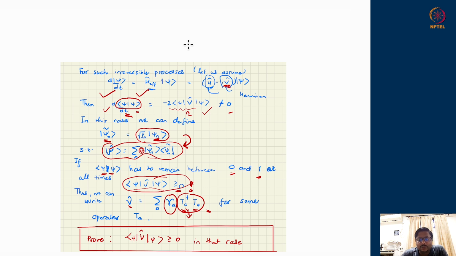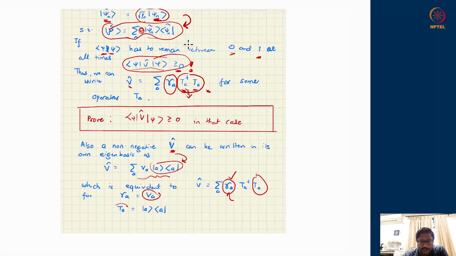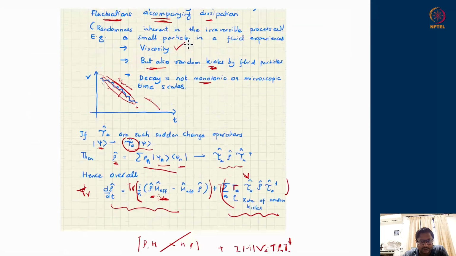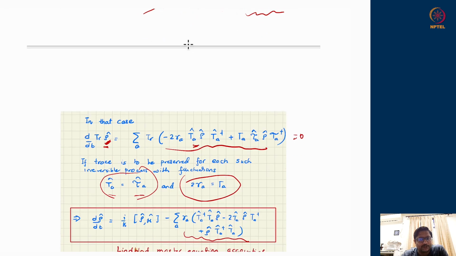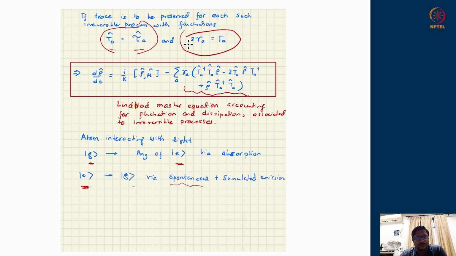So how to do this analysis, whatever we have done for non-relativistic quantum systems, and take it to the relativistic setting is the next topic which we will discuss in the next class. Okay, so I stop here.